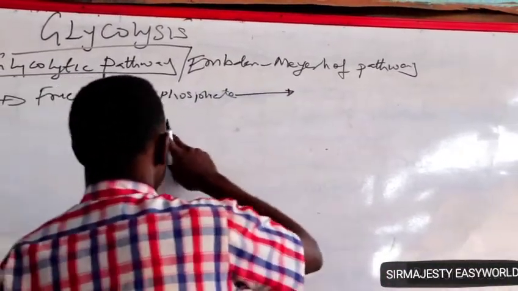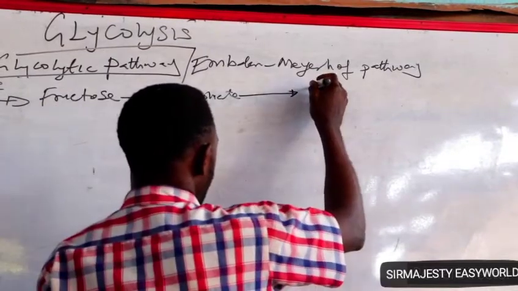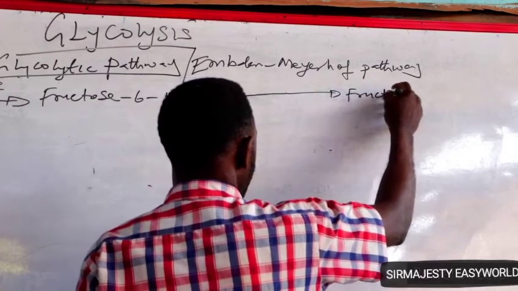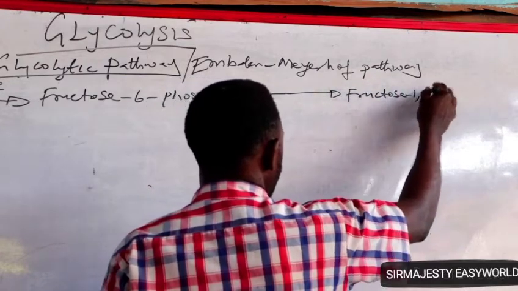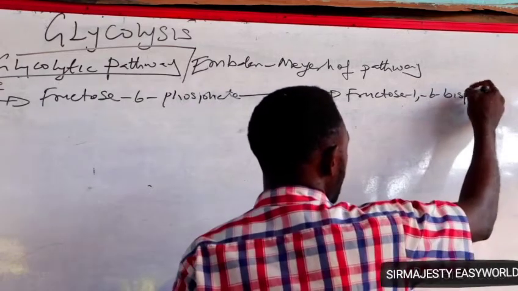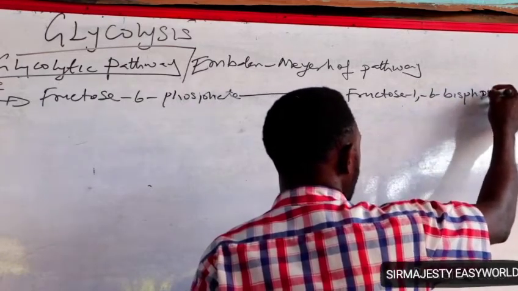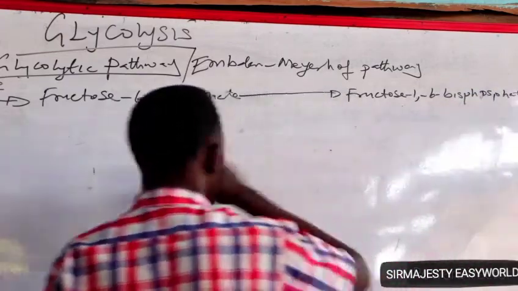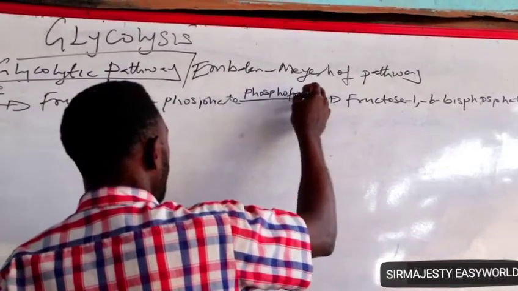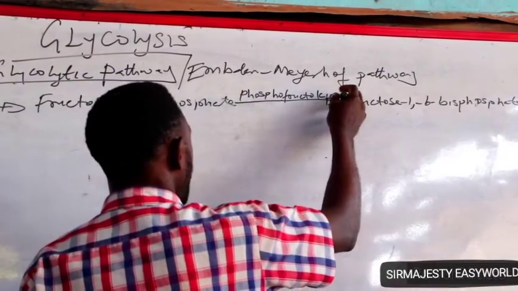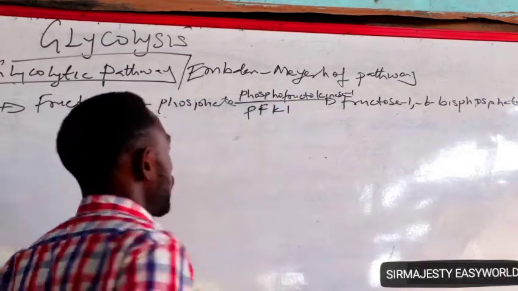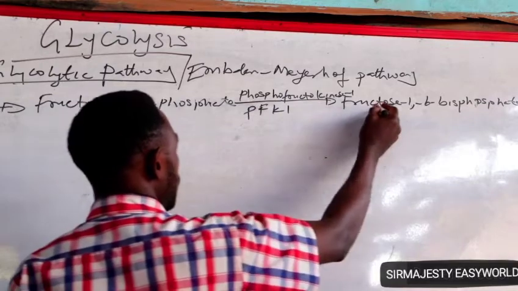whereby fructose 6-phosphate is phosphorylated to fructose 1,6-bisphosphate, or you say diphosphate. The enzyme involved here is phosphofructokinase 1. That's PFK1. Then the next thing here is